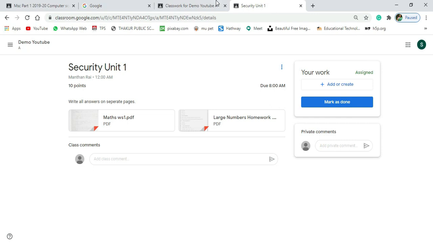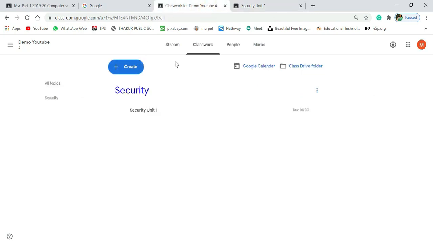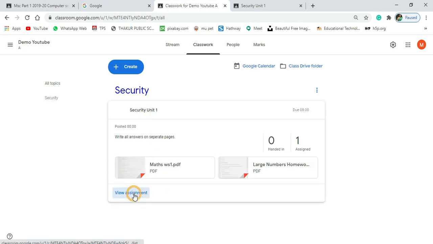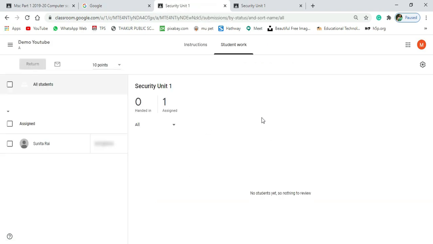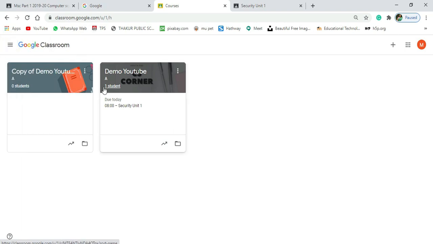Now let me go back again to the teacher part. So teacher, you can see the assignment has been created, and then view assignment. Nobody has turned it in because the due date is given. Now let me go to classes and you can see it is showing me due, and then here I have one option. This is a folder option. So whatever task you are giving, all tasks, assignments or materials are saved in Google Drive. So you can click on this.